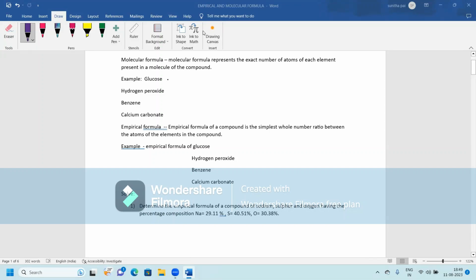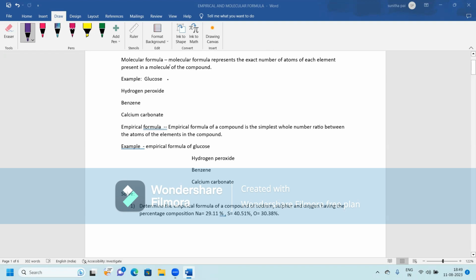Today, let us discuss what is molecular formula, what is the meaning of molecular formula of a compound, as well as how is molecular formula related to empirical formula. Afterwards, we will be doing some numericals. Now,